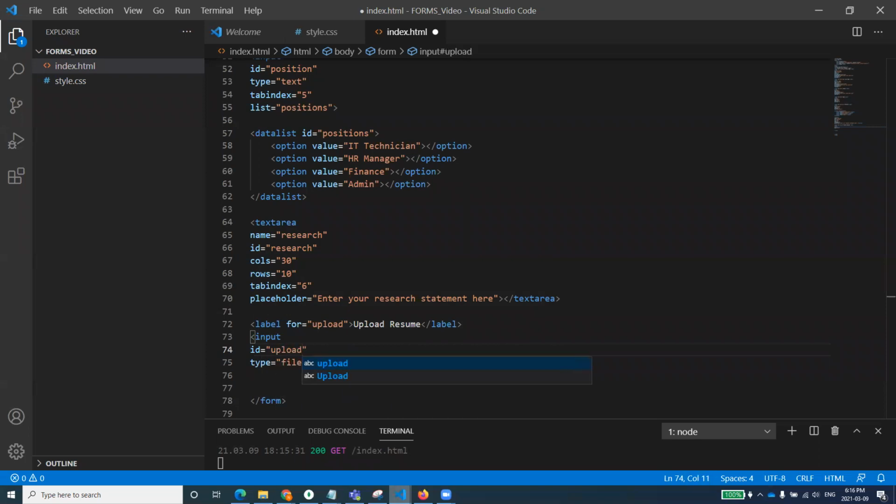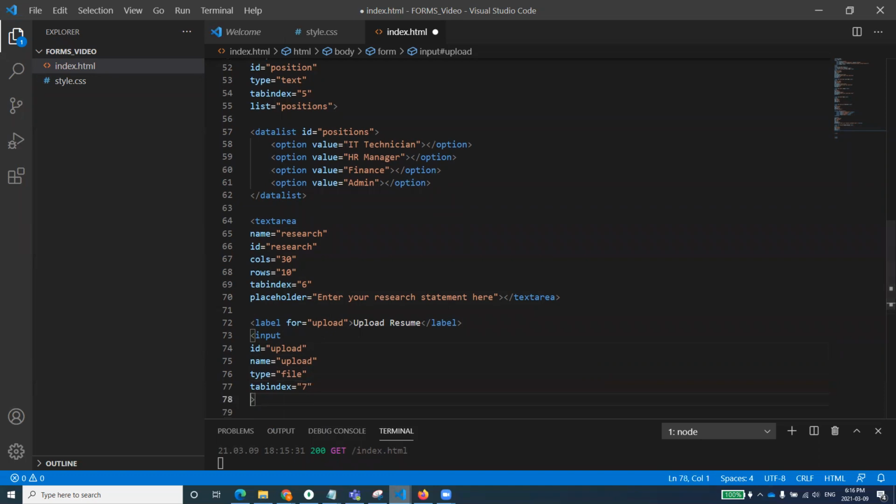I hope you are good with it. And we can give it a name for the data purposes, for file purposes. And then the tab index will be set to 7. This is for the keyboard, and again we want to check that for all modalities. If someone is using a keyboard, or only a mouse, everyone should be equally able to access that one, right?